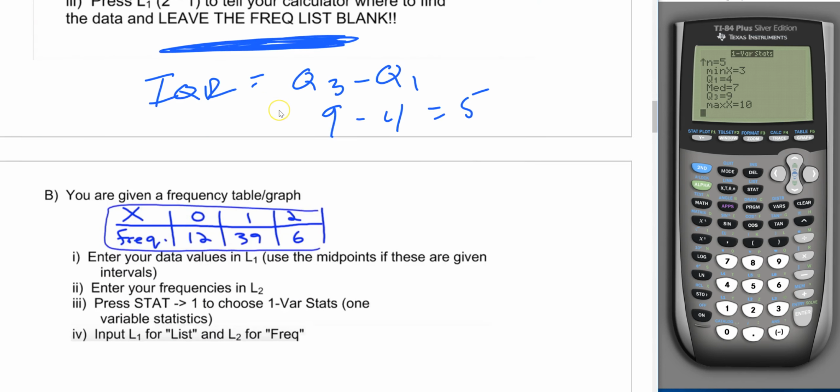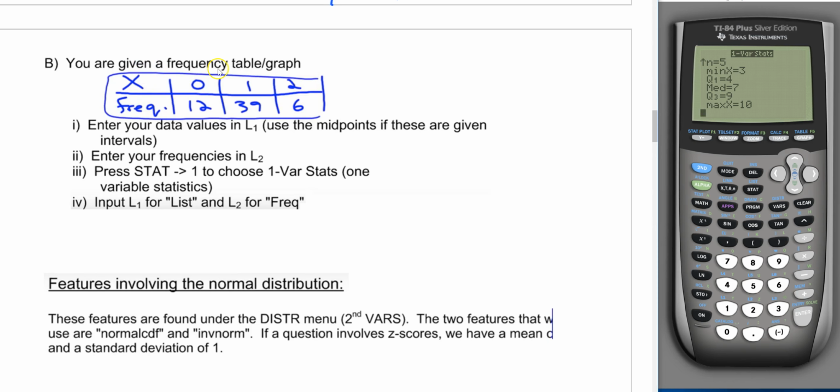So that's that one. Let's go down here. So look at this one. This one you do have a frequency list. Hey, there's a frequency list. Let's make this a little tougher actually. I'm going to change these values around. Let's make this one 0 to 2, 3 to 5, and 6 to, let's go 9, make it not as easy. Right, so in this case, now remember, if you have a table here, when you go L1, stat, edit